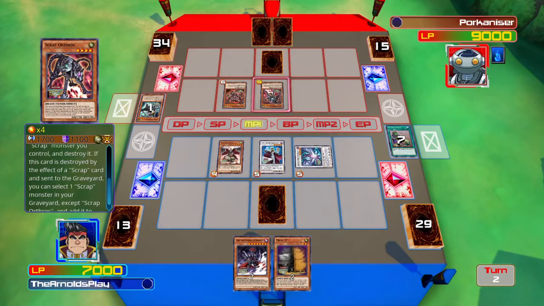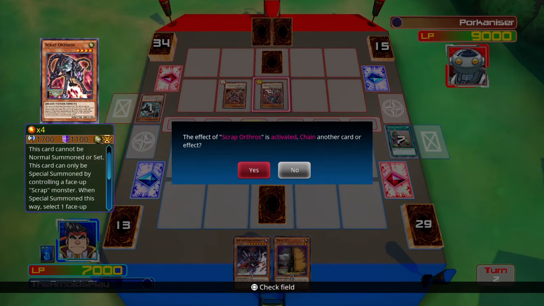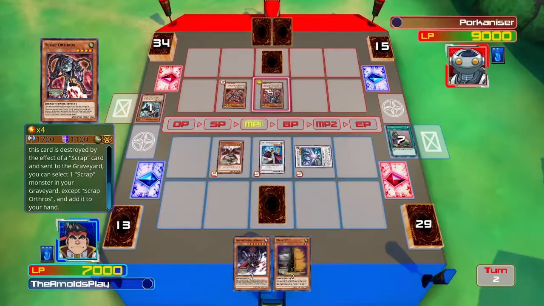Now, Scrap Orpheros is a card that you can only special summon when you're controlling a face-up Scrap monster. When it's special summoned, you have to choose one card and destroy it. And for some reason he chose to destroy itself. I'm not really quite sure why he did that. Oh, he chose to destroy itself because